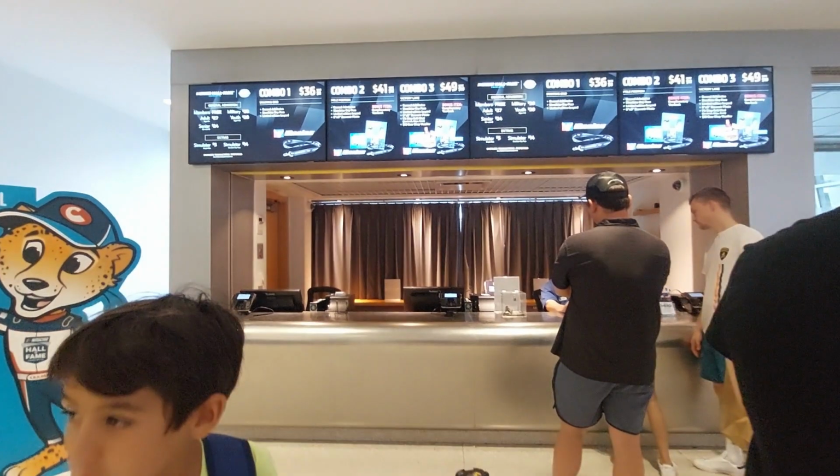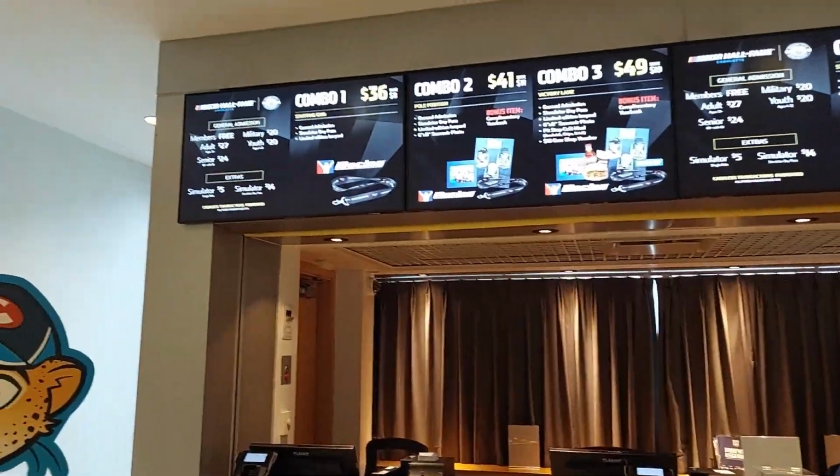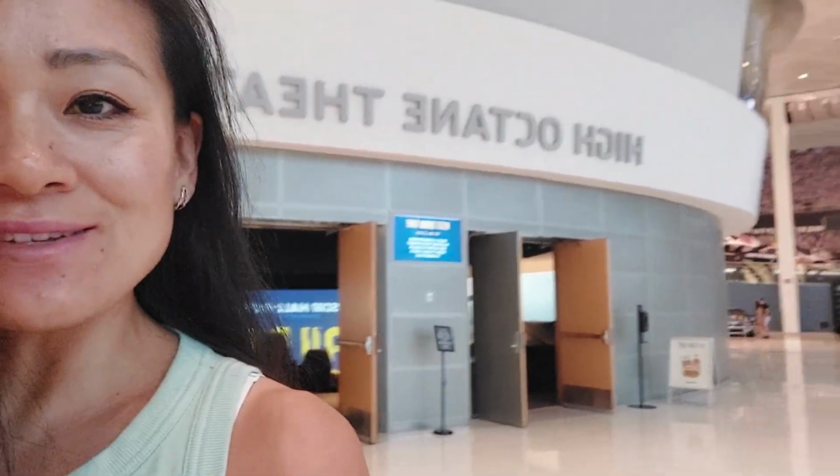给大家看一起的价格。它整个这个博物馆从外面看就是一个环形的，里边就像一个这个赛车的跑道一样。